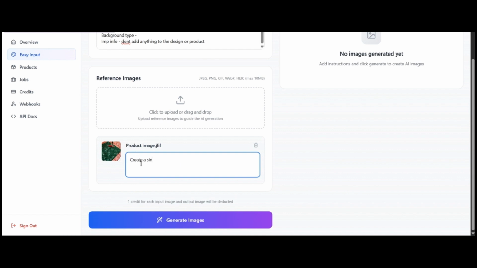Write the prompt here: Create a single image in which model wear this sari with some jewelry. The background should be luxurious shop. After writing the prompt